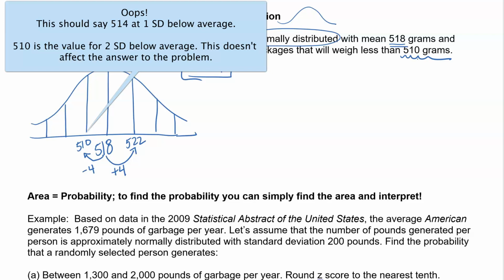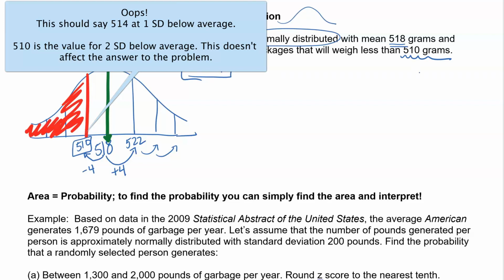So in this case, we want to know how many packages will weigh less than 510. Well, I just found that 510 number, so I don't actually have to keep going to the right. I don't even need to go to the left anymore either. I found the number that I want. So 510, I'm just going to draw that in a different color, is right here. And we want to know how many packages are less than that, which means all of this area. Okay, and we've got 518. Okay, that's our average. That's our middle here. All right, so I'm going to want to use the table,